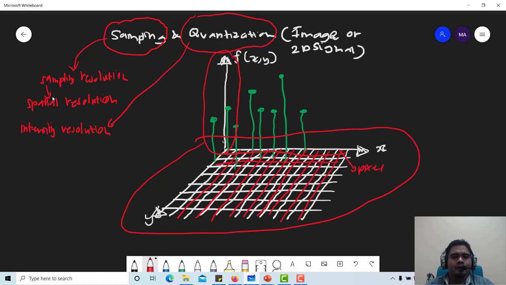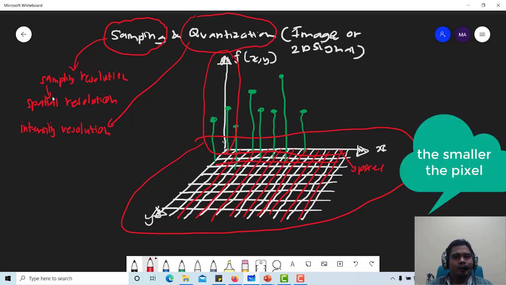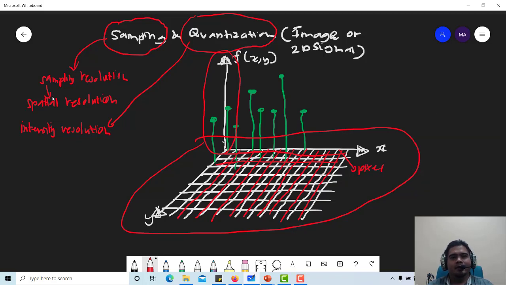Okay, so the higher the spatial resolution, the higher the pixel. That is the one you always hear when you buy a digital camera. They give you some spec where this camera can obtain 10 megapixels, 20 megapixels. In the market they call it a resolution, but for image processing, that resolution is known as spatial resolution, because the higher the spatial resolution,